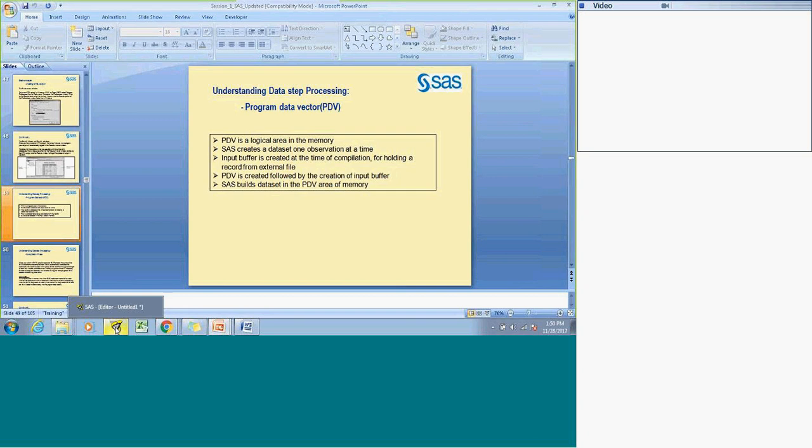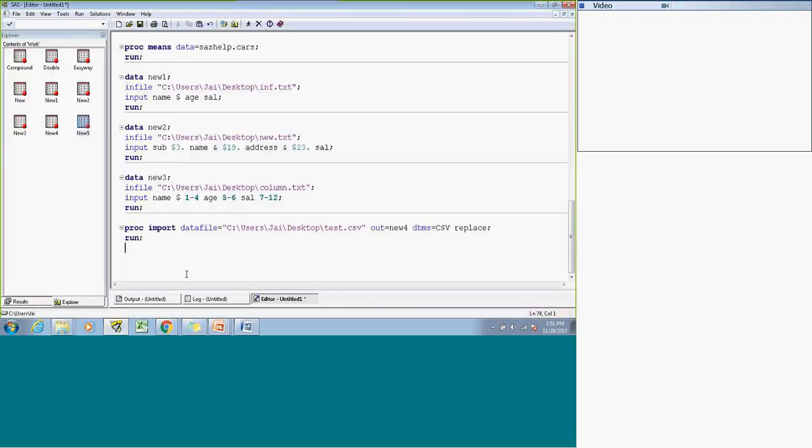A program data vector is a logical area in the memory of SAS. You can compare it with cache, the memory. So how SAS works on this PDV is that, let's say we have a raw file,